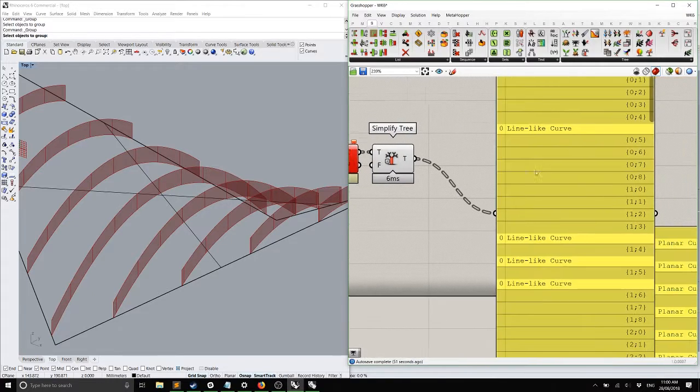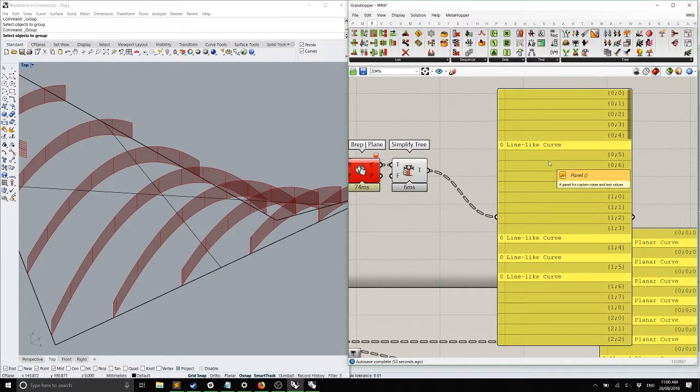It's doing that again. So even though we've done the cross-reference, it's then going, okay, every plane that intersects my surface, we're going to give that an extra branch to place that curve. And that's too much for us. So we're going to do the reversive graft. The reversive graft is not